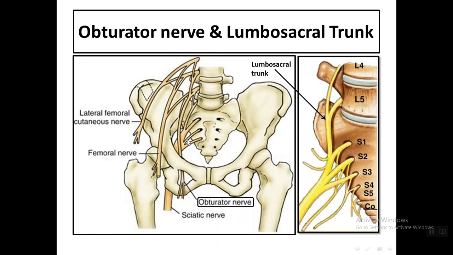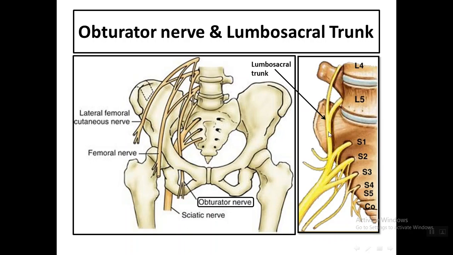This is the obturator nerve. It will pass in front of the sacroiliac joint. This is the sacroiliac joint. Then on the lateral pelvic wall it reaches the obturator foramen, and it will pass through the obturator foramen to the medial side of the thigh, or the adductor compartment of the thigh. While the